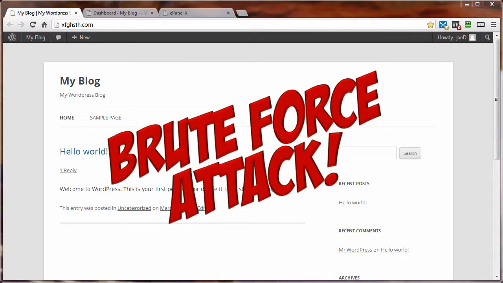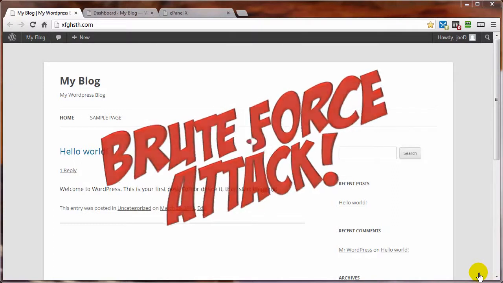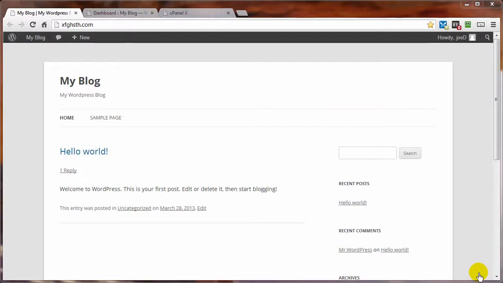In some cases, the sheer number of guesses the hacker software is allowed to go through can put such a load on your server's resources that your hosting company might even shut your site down. Now, even though this shutdown might be temporary, your site is still down, and this is not a good thing. In addition to having strong usernames and passwords, you also need to be able to prevent the brute force attack